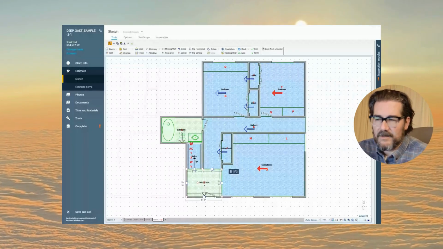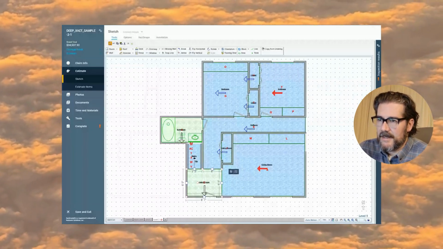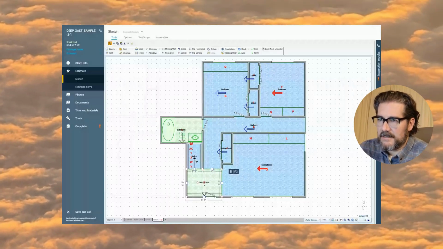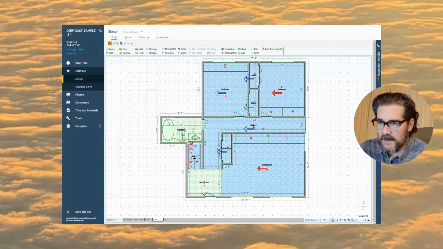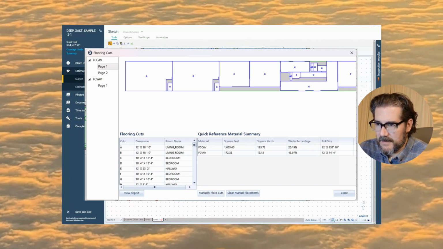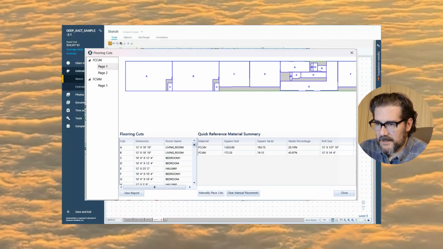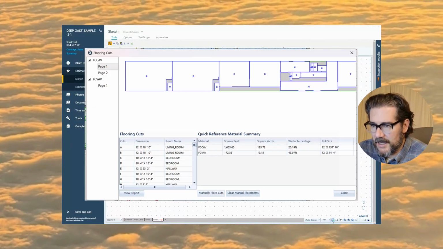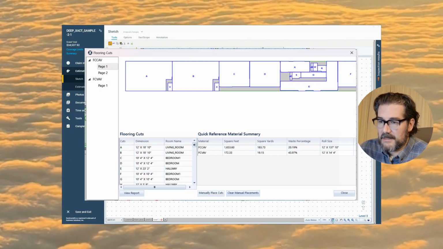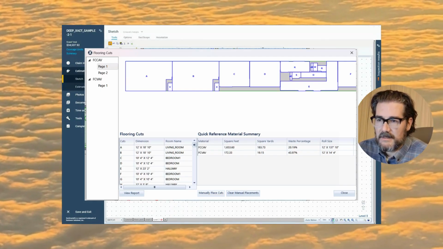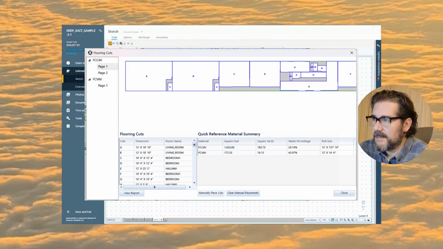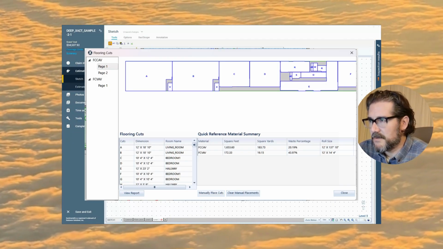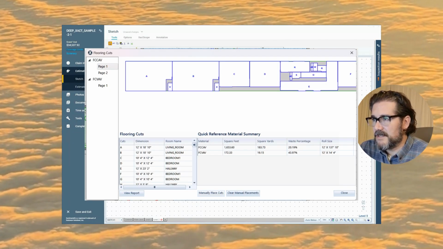All right, we are back. So there's one window you can't see here. When you open up the flooring overlay, the flooring cuts window is what it's called. Now you'll see a little green eye on it. That means that there are manually placed cuts on that layout. I'm going to open this up, even though you can't see it. On the left-hand side, when you open yours up, you're going to see FCC